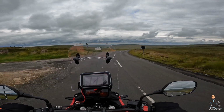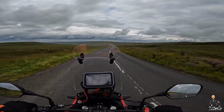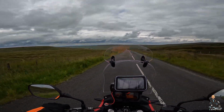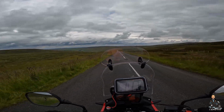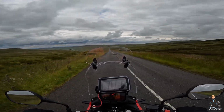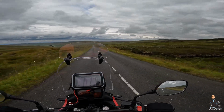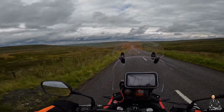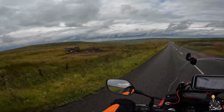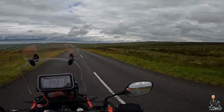Northumberland, eh? Doesn't feel any different. Although we've moved from something else to see in every direction to now just hills and moorland. There's a derelict something. Yeah, just one big moor and valley